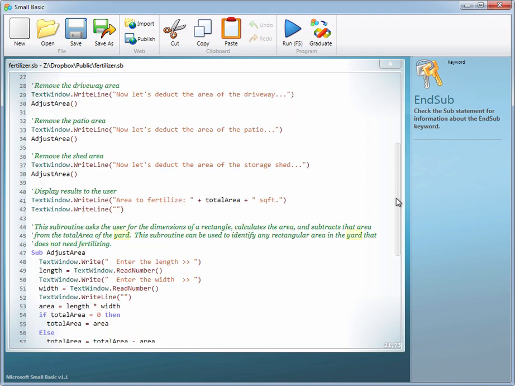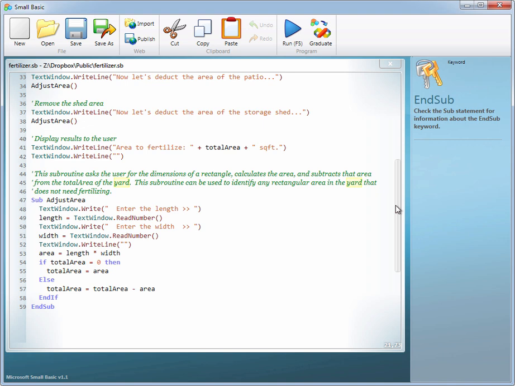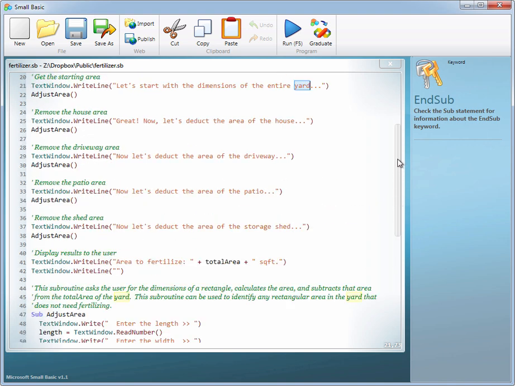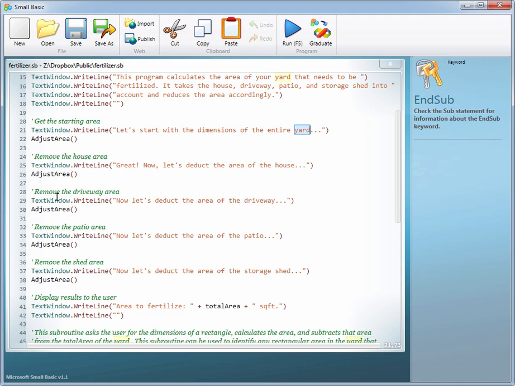Now, I'm going to put this example out there along with the first one so that you all can see these and you can compare these. But this is an example of how a subroutine can reduce code duplication. Now, I'm still duplicating code. Line 22, 26, 30, 34, and 38 are all the same. But all they're doing is calling the same procedure. So yes, it's duplicated, but that's really not a big deal